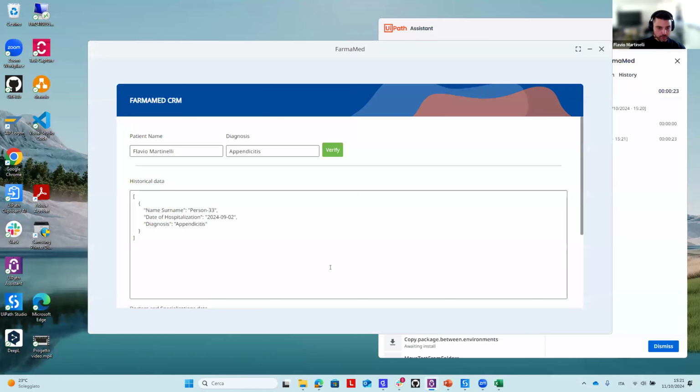Okay, as you can see, the robot found person 33. This is the PII filtering. So if you see, the robot doesn't show me the